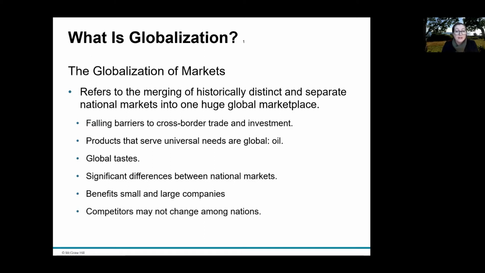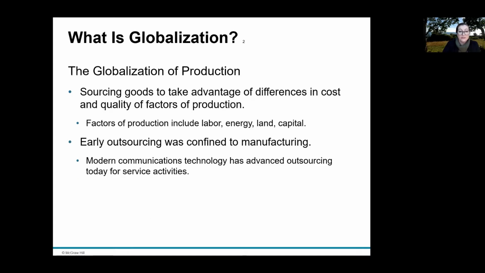Now, these similarities and differences generate benefits for organizations small and large. A small organization in this globalized market may well be able to reach internationally, whereas before that might not have been possible. And similarly, for a large organization, it might actually be viable for them to serve a market niche that was not previously. Now, another thing that happens with globalization of markets is that the competitors that operators have to deal with may not vary so much from nation to nation.